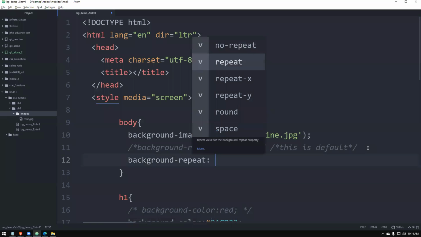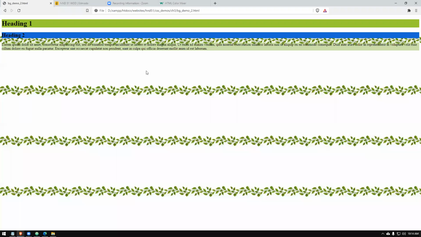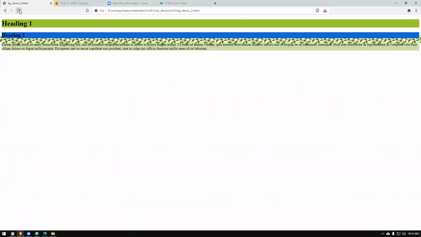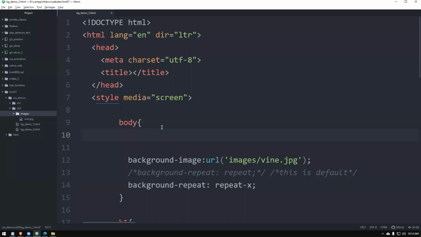Background-repeat. Let's say repeat-x, which means it's only going to repeat across the page. It's not going to repeat vertically. So only this part we're going to get, right? See, that part we are getting. I can do a small fix if you like.